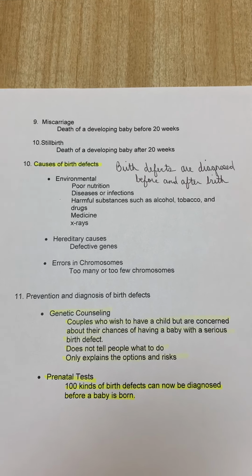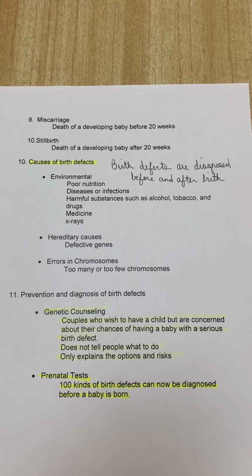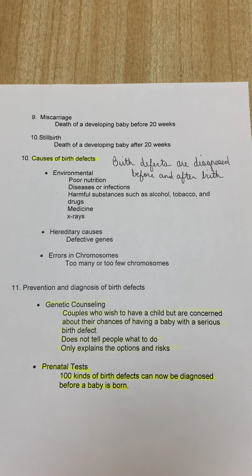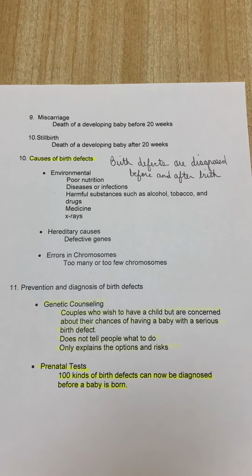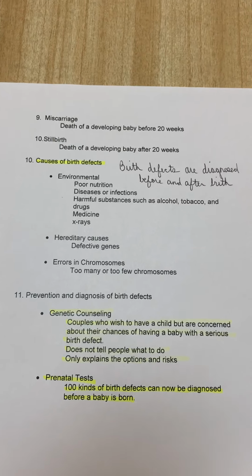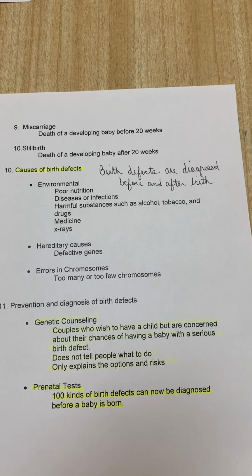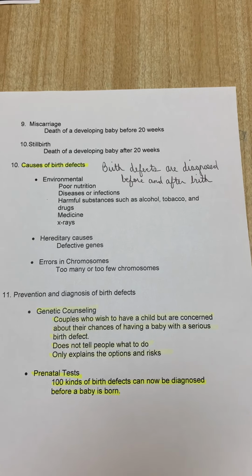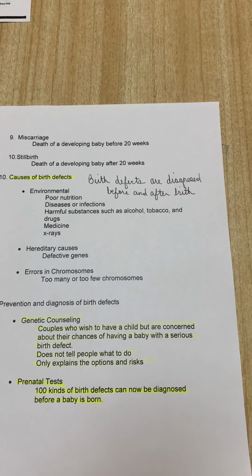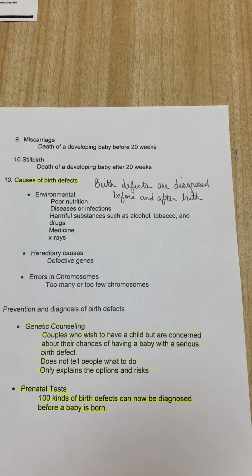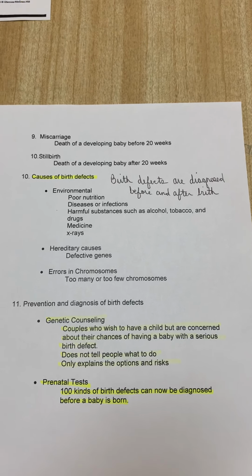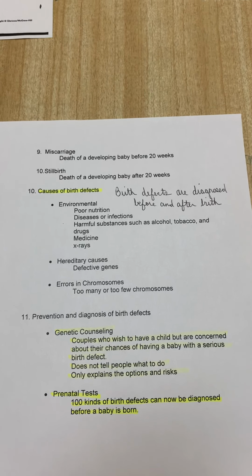Causes of birth defects, we have 3 main categories: environmental, which are completely preventable. Hereditary and errors in chromosomes are really not preventable. We can lessen the risk of those things by consuming folic acid. You need to also remember that birth defects can be diagnosed before or after the baby's born. So before, sometimes through a sonogram or something of that sort. Blood test